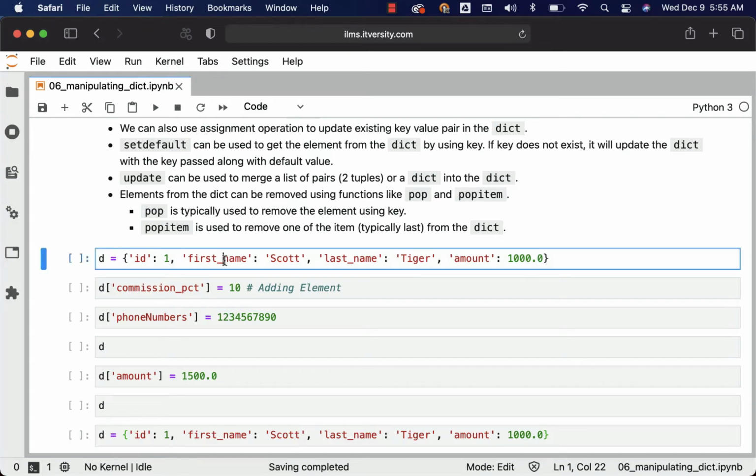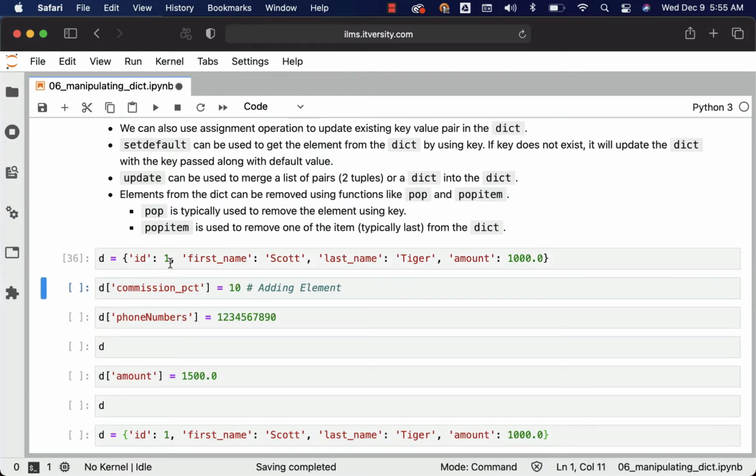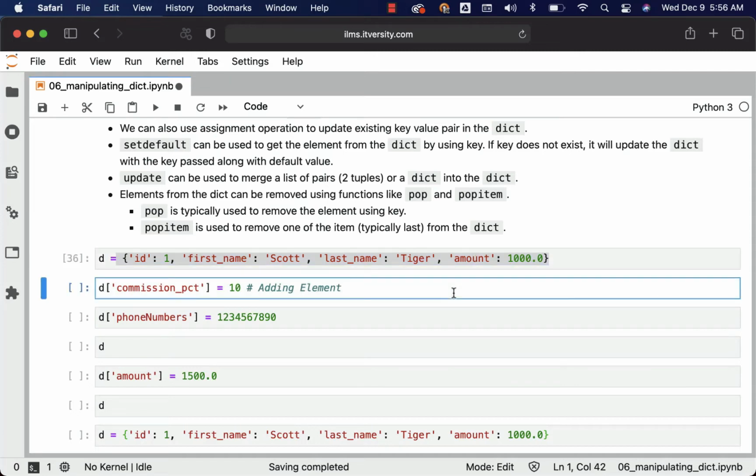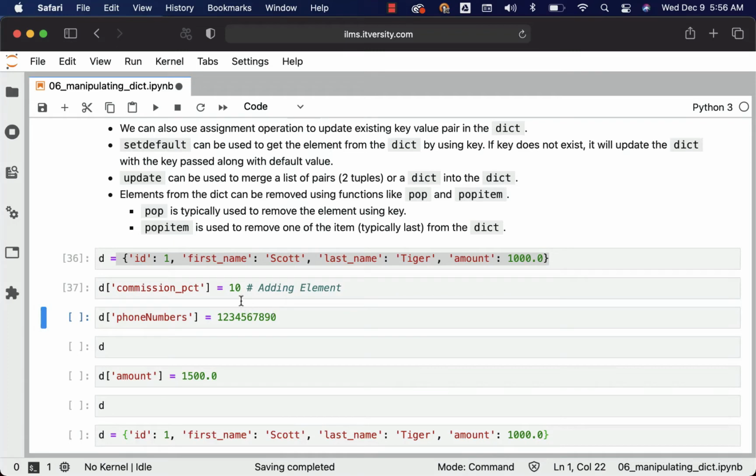Now, let's go to the hands-on with respect to dicts so that we understand how to manipulate dicts using different approaches. In this case, I have created a dict named d with these elements: id, first_name, last_name, and amount with corresponding values. Commission percentage doesn't exist. Now I can add commission percentage to it like this. If I say d of commission_percentage equal to 10, the new element will be added to the dict with commission_percentage as key and 10 as value.